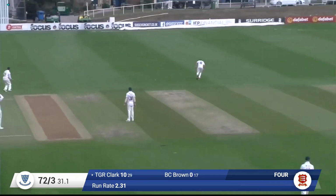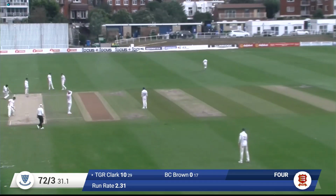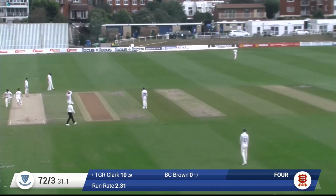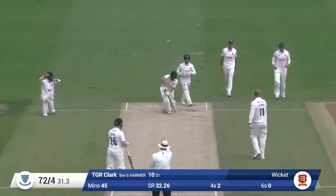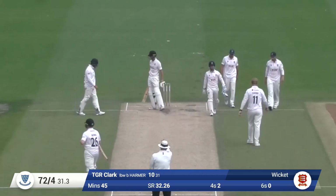This is played outside off stump. There's a bit of width on it. It's turned and went further. It's been cut quite late. Harmer round the wicket to the left-handed Clark. Clark comes forward. There's an appeal and he's been given out. He did come forward, but...